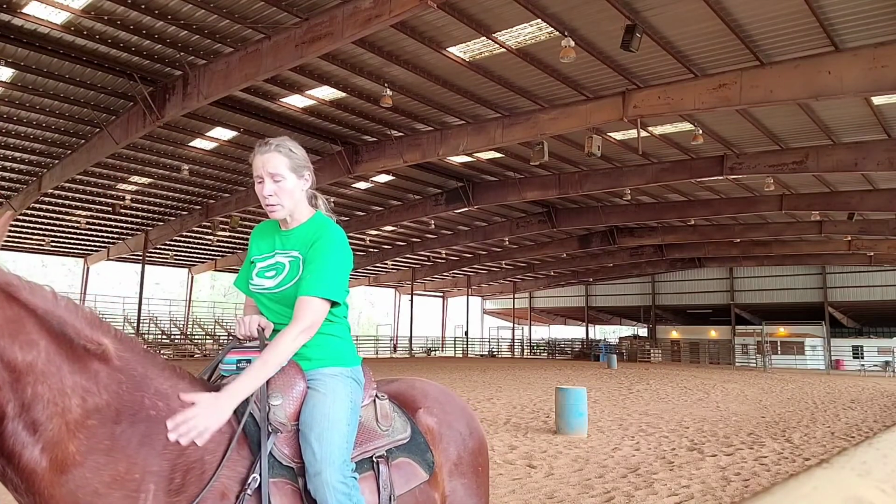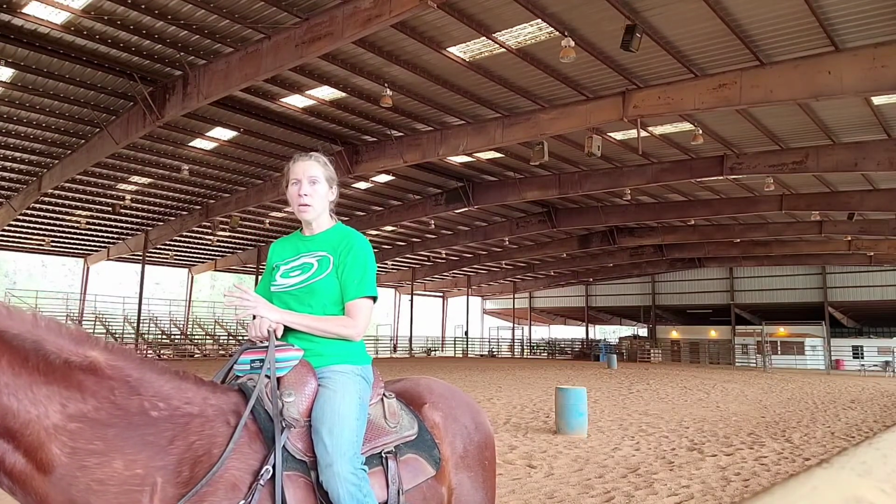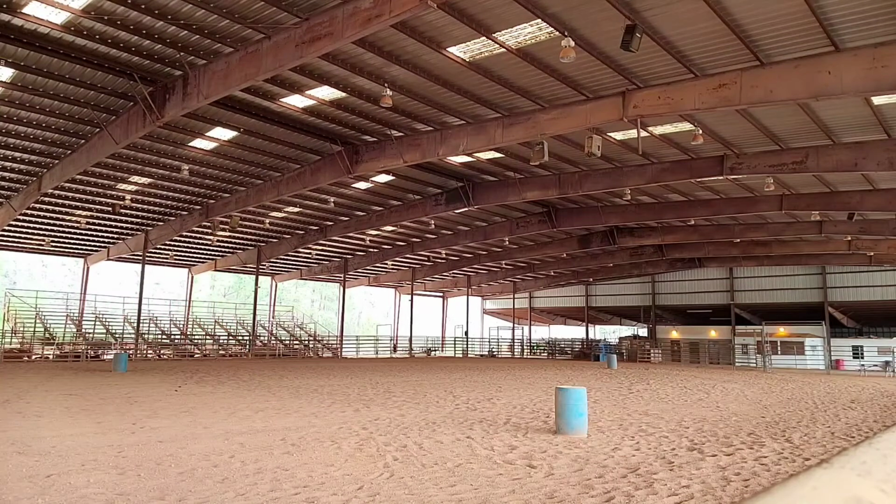Trotting is really not a super big deal. It's always when you start loping one. So what I'm going to do is kind of show you what I do on this barrel. So I'm going to come over here, and I'm going to lope up to this barrel. Because I want him to know that he can rake